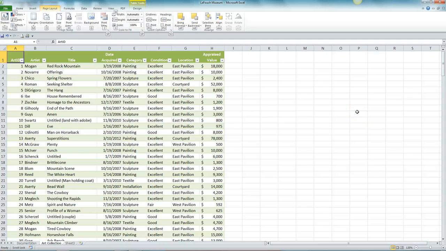Excel Chapter 5, pages 242 through 244. On page 242, we are going to be adding records. To add two records to the Art Objects table, step number 1, press End and the down arrow key to